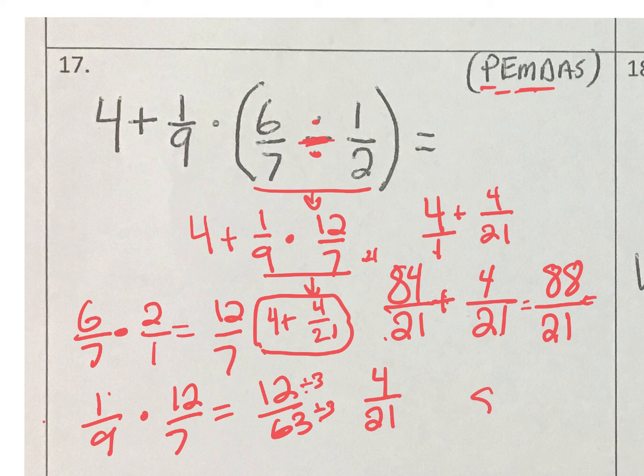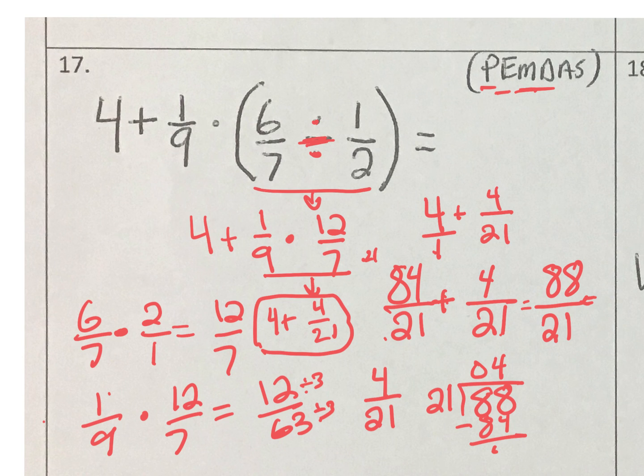So I take 88 divided by 21. It doesn't go into 8 at all, but it does go into 88. And it goes in there 4 times. 4 times 21 is 84. I subtract that out, it leaves me with,